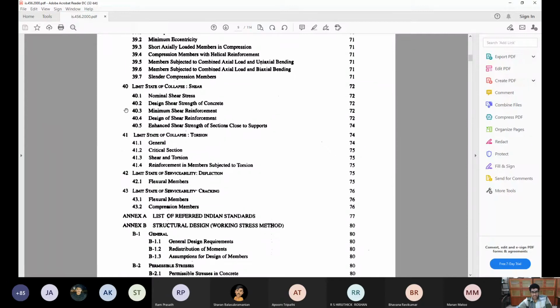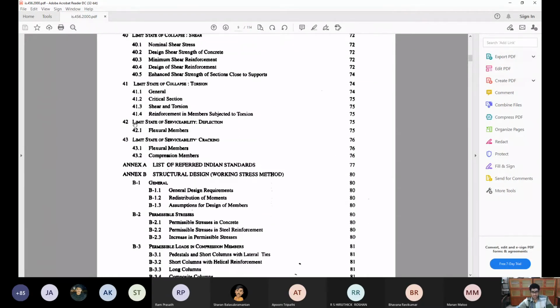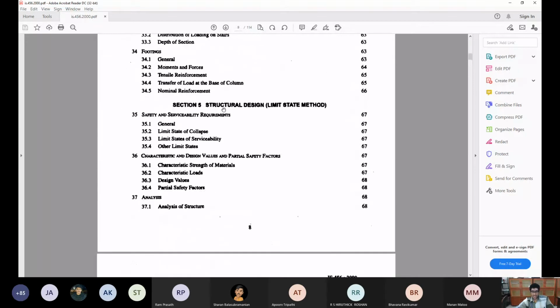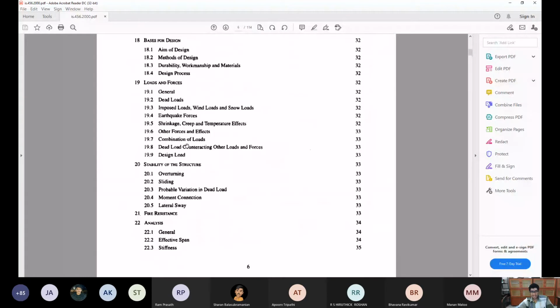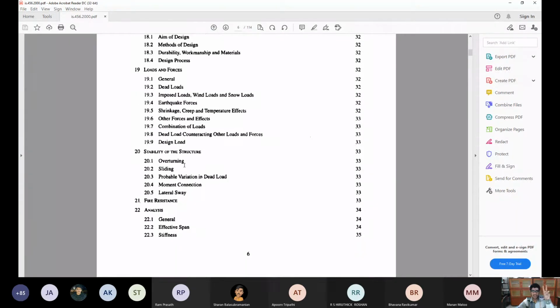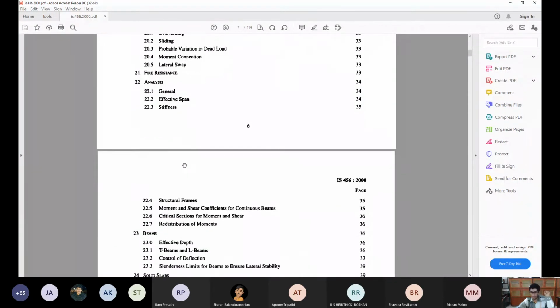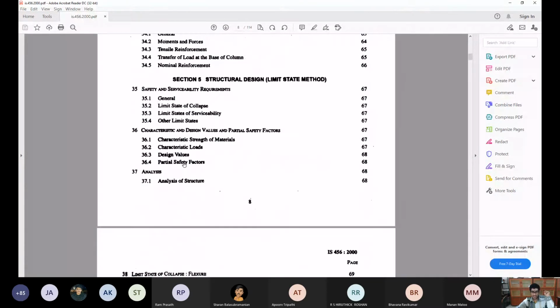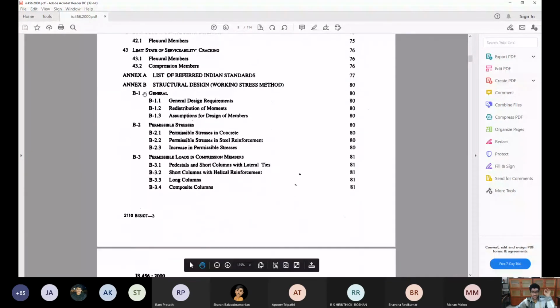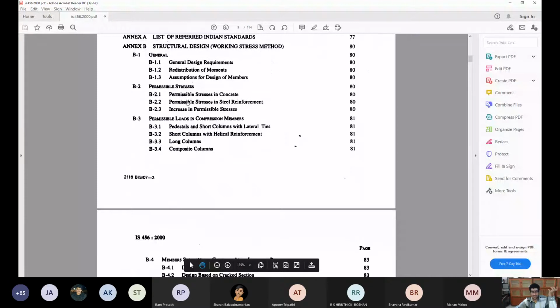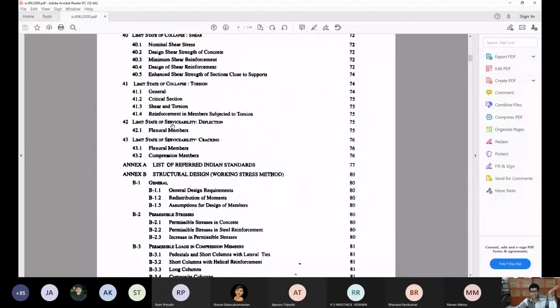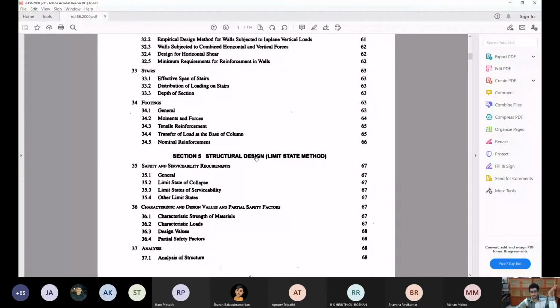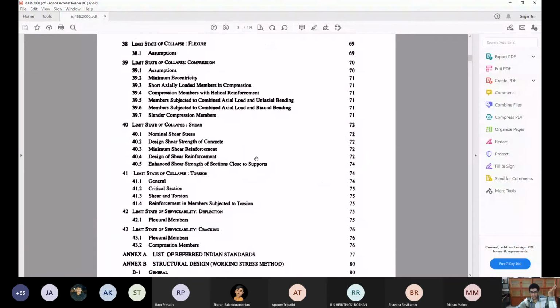Similarly, how do you design for shear? How do you design for torsion? How do you check deflection? All these things are provided to you in section 5 of the code book. So section 5 and section 3 are the two main parts of the code book which you will be using in this course for your design purposes, and there are some useful appendices also. If there's a working stress based problem you want to do, in IS 456 the working stress method comes in the annex. The main part of the code book is the limit state method. This is a main point to note about this code book.